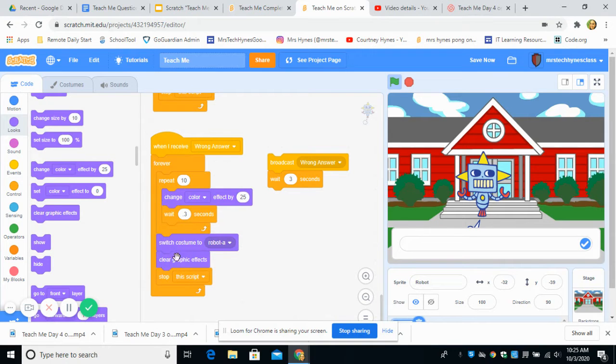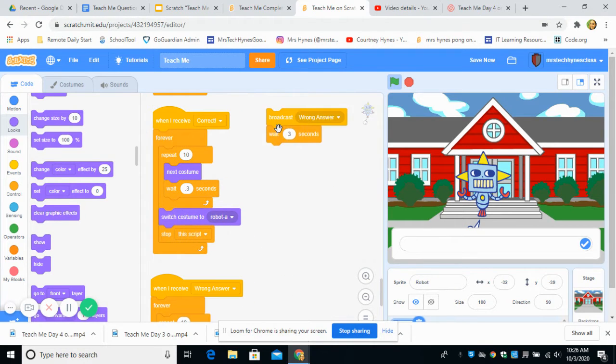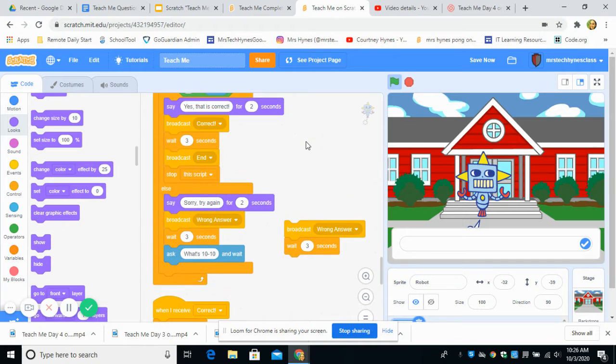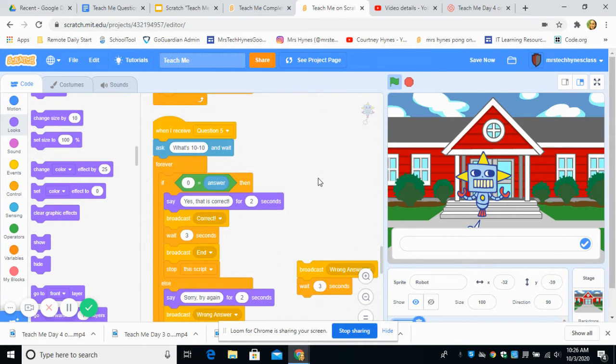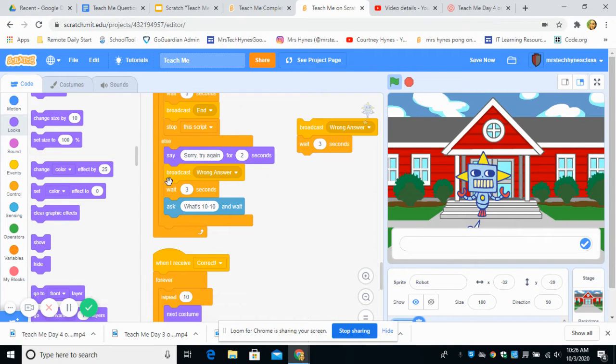So I added that section here. This is the wrong answer code. I'm going to broadcast this and I'm going to wait 3 seconds. This is the section of code that I'm going to take and add to all of my coding trees where I ask a question, under the else part. So if you get it wrong, it's going to show that you're wrong. It's going to change its color for 3 seconds in this case,